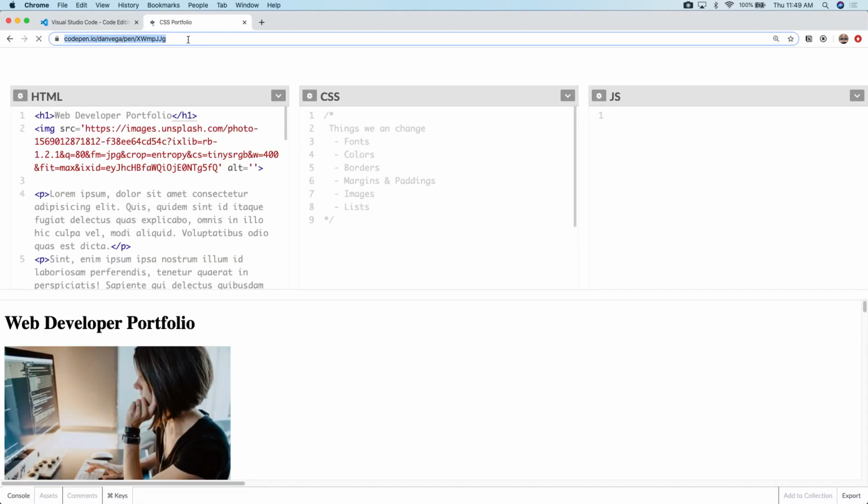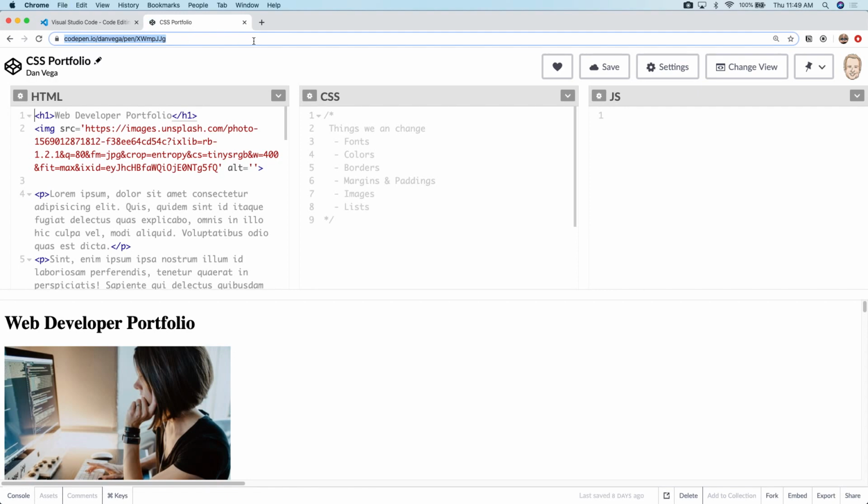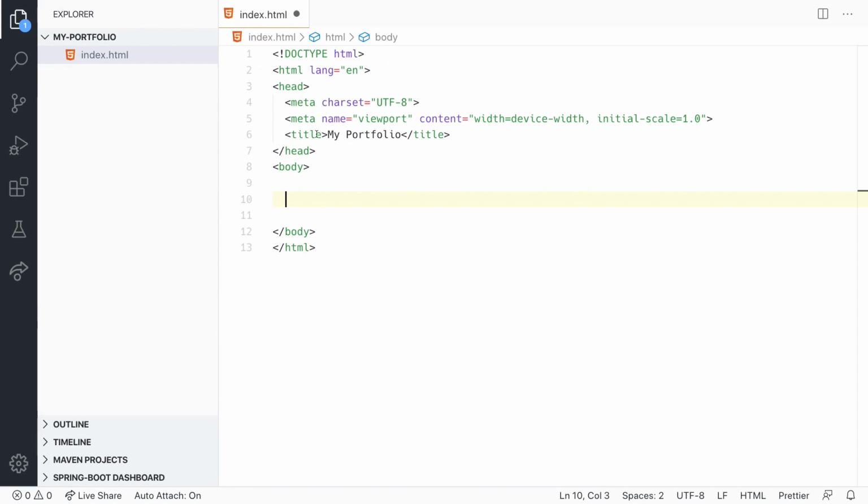So I'm going to go ahead and share this pen out, which means that if you've never used CodePen before, again, it allows you to write HTML, CSS, and JavaScript, but you can do it online without having to do it on your local computer. But I can now share this out, and you can get access to it if you wanted to. And what this will allow me to do is copy the HTML and go back to my Visual